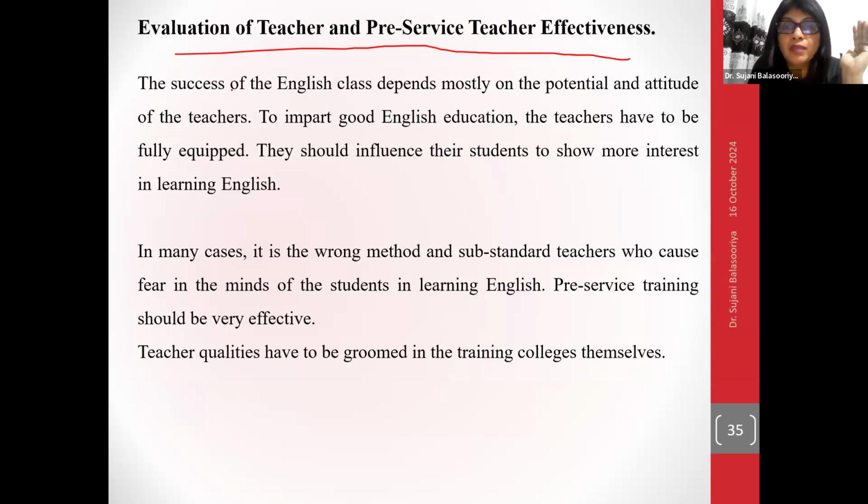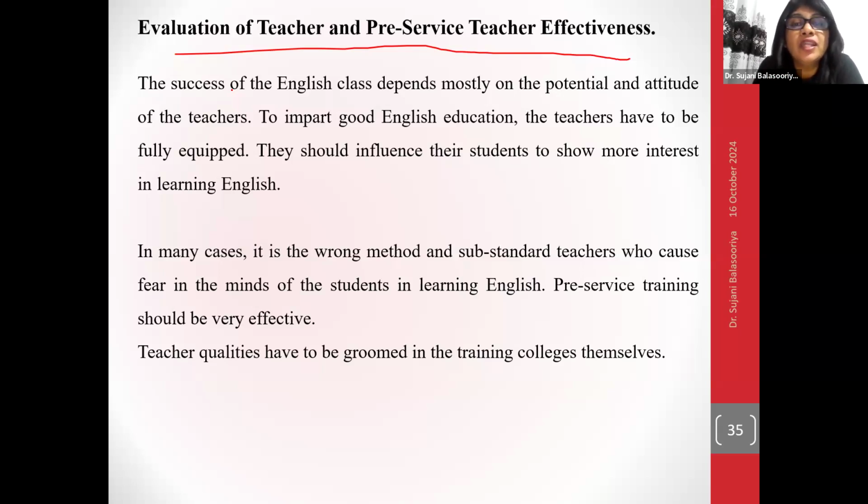Otherwise, you will not be able to pass the exam and you will score low marks. Then you will not be able to go to a job, no? So therefore, even if it is difficult or boring, you need to learn this, that kind of approach, right? No attitude, that is zero attitude towards the second language. If the teacher displays that kind of attitude, then the students will never ever learn the language, right?